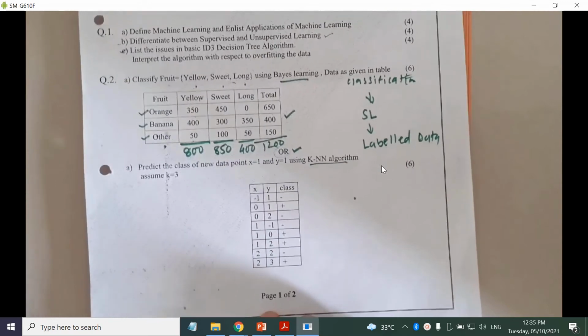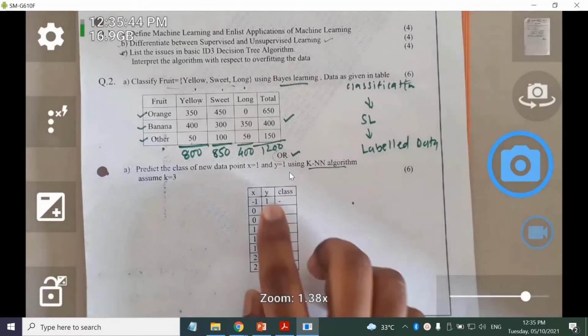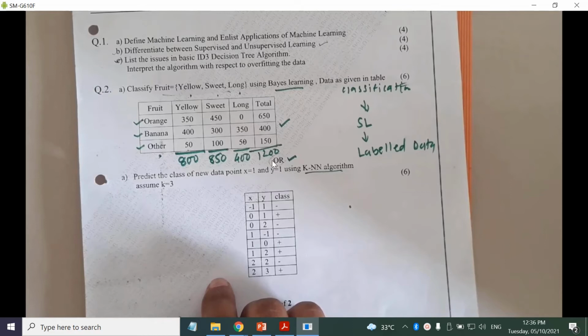So in this problem we have used KNN for classification. Here K is given as 3 and a few samples are given. We have two features, so we can easily plot them and visualize this data, and x equals 1 and y equals 1 is our test query. We have to predict the label for this test sample, and as K is given as 3, we have to find the 3 nearest neighbors, and we have observed that this second one and this one are the closest ones.